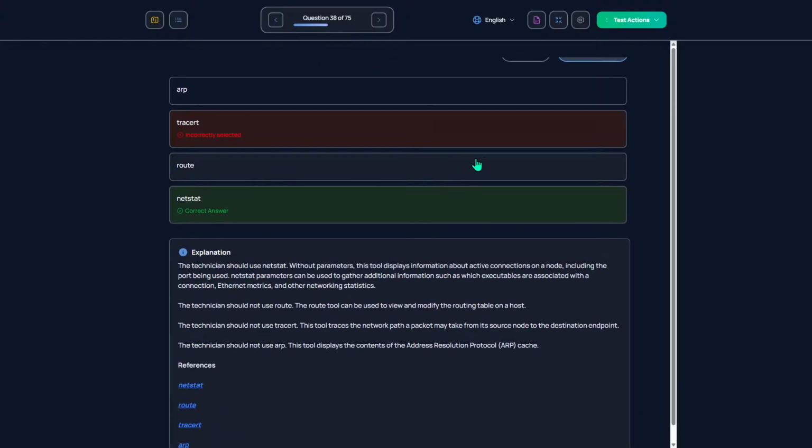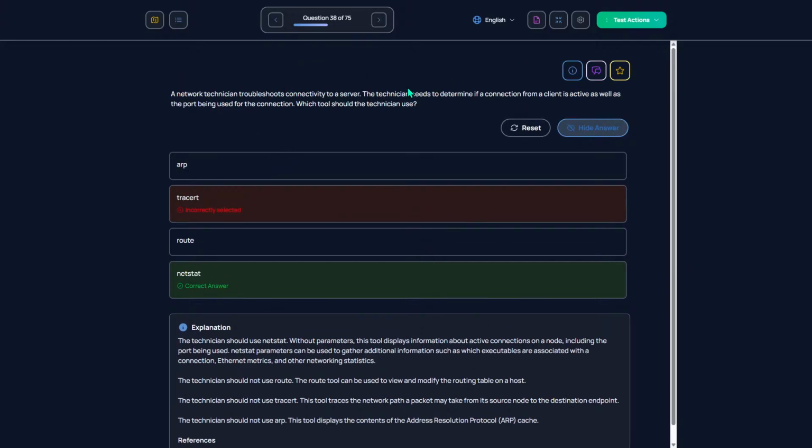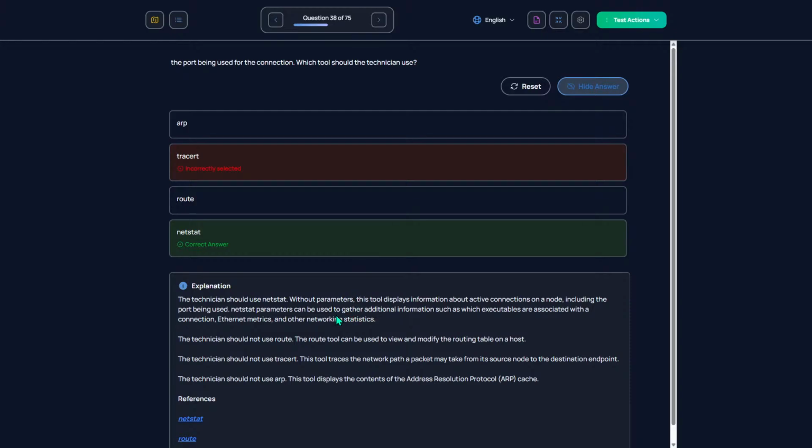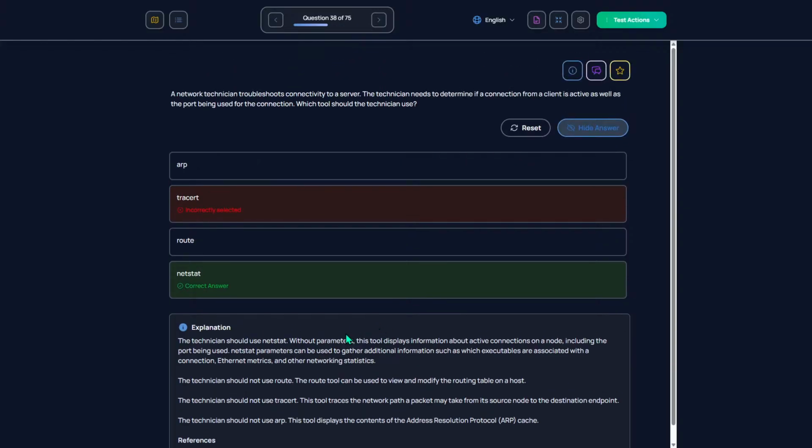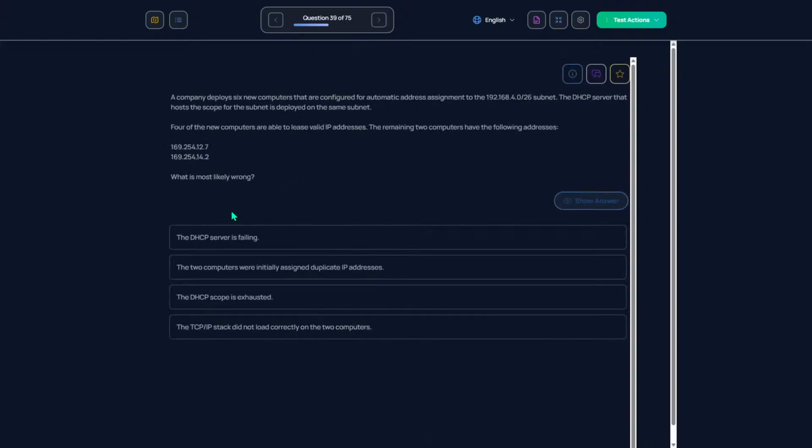Why is it Netstat? Netstat without parameters displays information about active connections on a node. Okay, so netstat just gives you all the information. Okay.